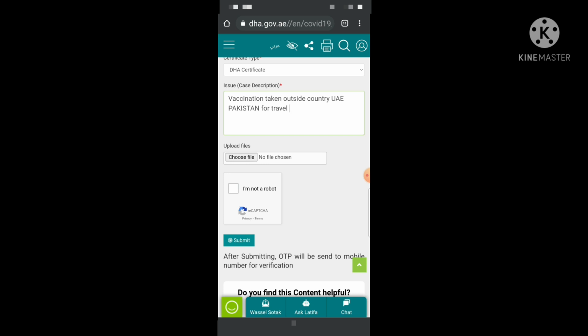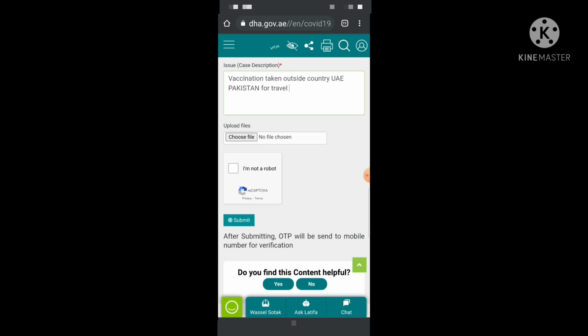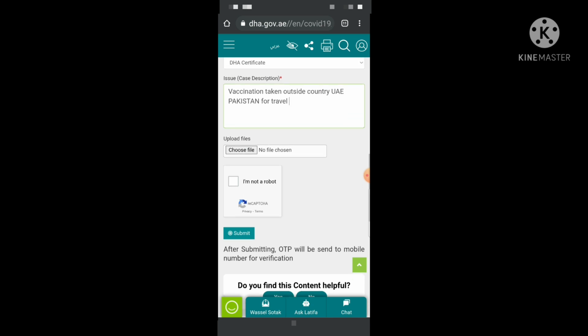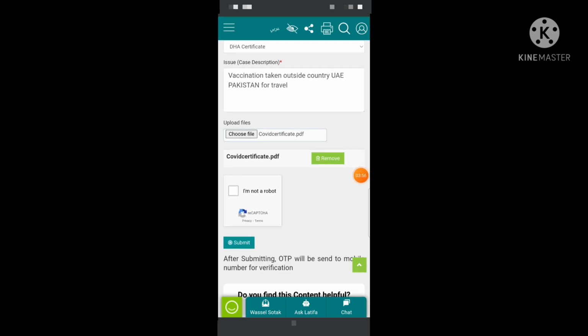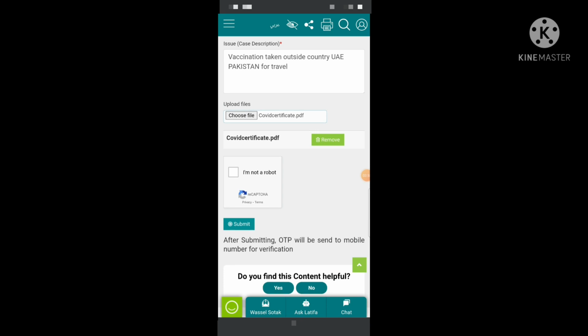So we will upload the certificate whatever you took from your local authority as per your country. So you have to click here. You will select the COVID certificate. We will click on I am not a robot.